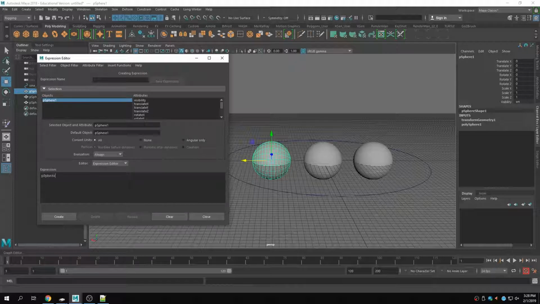pSphere1.translateY is equal to sineControl.amp times sine of time. And then there's a lot of parentheses you gotta put in, because you have to make sure your order of ops is correct. So I'm going to do in this set sineControl.frequency times time